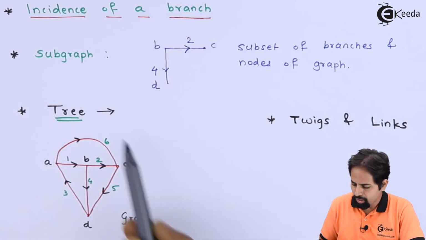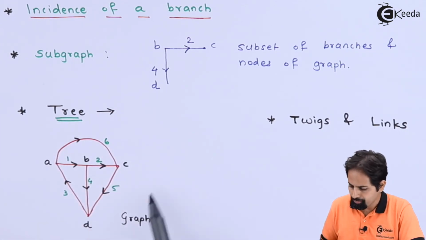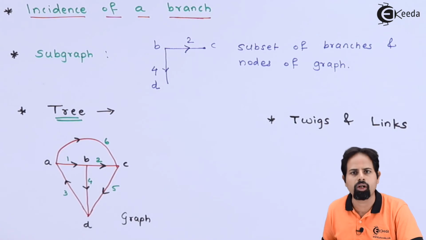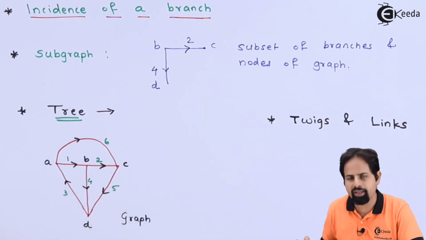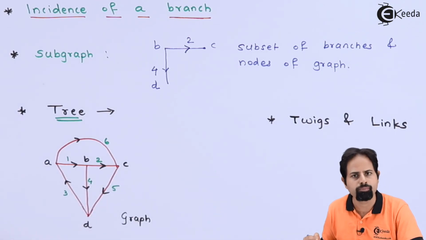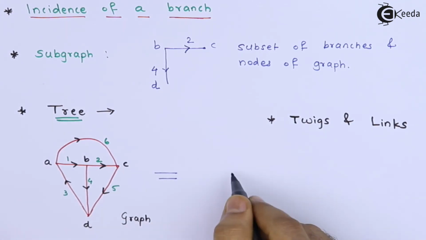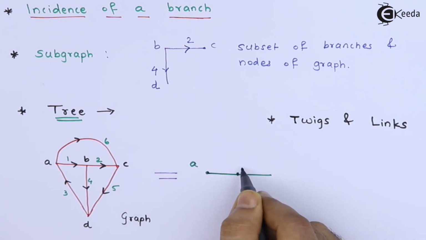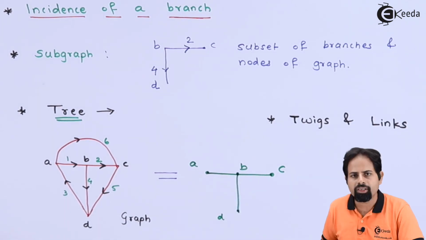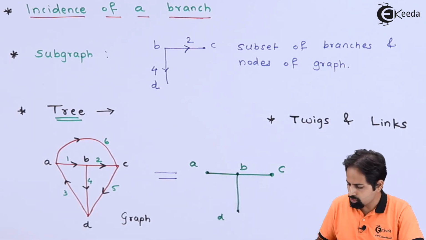Now what is a tree? We have to draw a tree first of all of this circuit. It is defined as a subgraph of the given graph where you have to take all nodes into account and there should not be any loop. For example, here there are 4 nodes, so these 4 nodes must come. Now if I draw a circuit from this, you can see there is nowhere you can find a complete loop, but all 4 nodes have been taken into account.